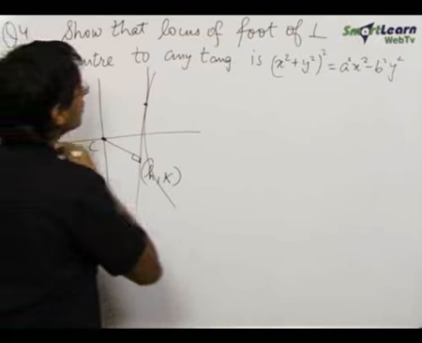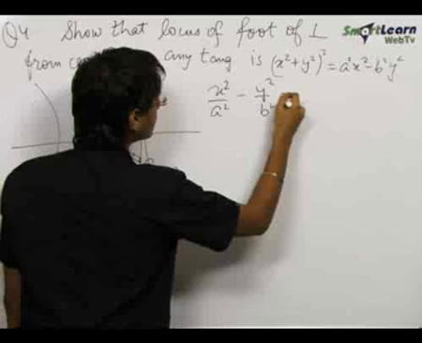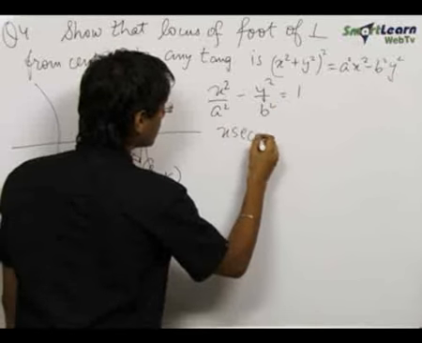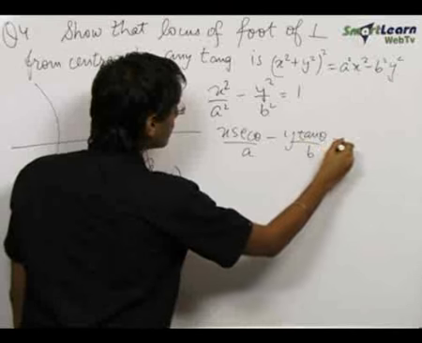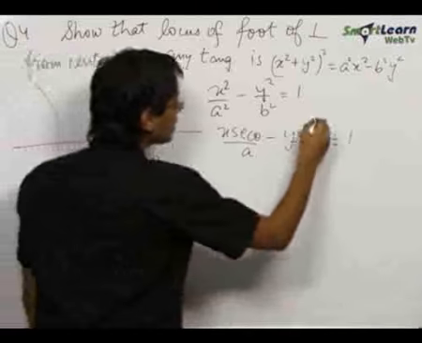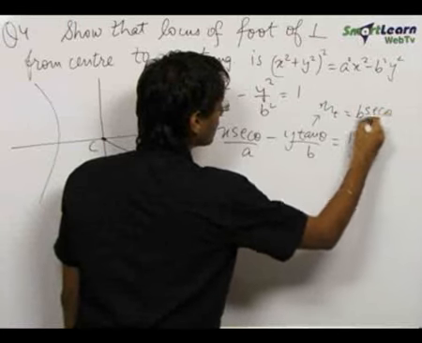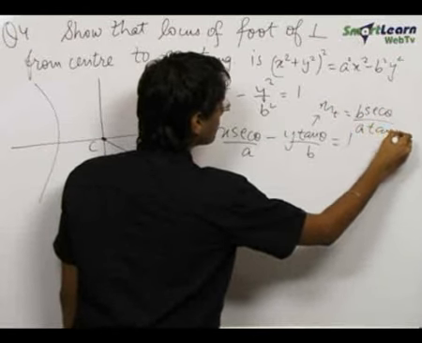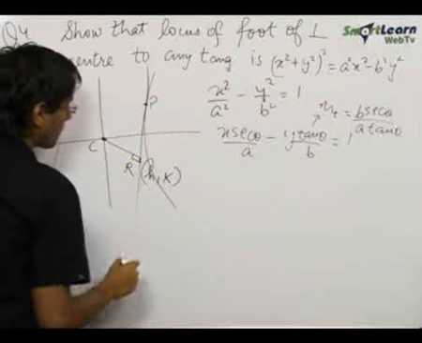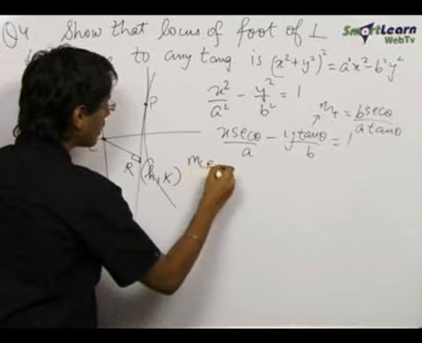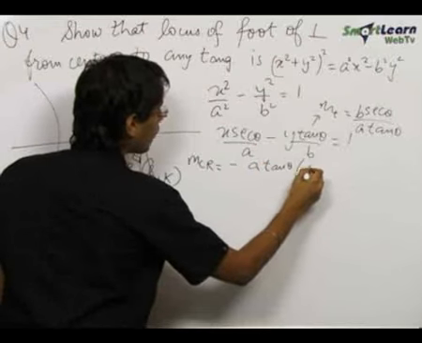Now any tangent to x square by a square minus y square by b square is equal to 1 is given by x sec theta by a minus y tan theta by b is equal to 1. We can very clearly see that the slope of this tangent is b sec theta upon a tan theta. So let us call this point P and this is R. So slope of CR will be equal to negative reciprocal of this, that is minus a tan theta upon b sec theta,